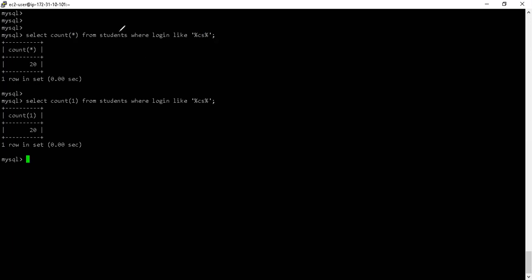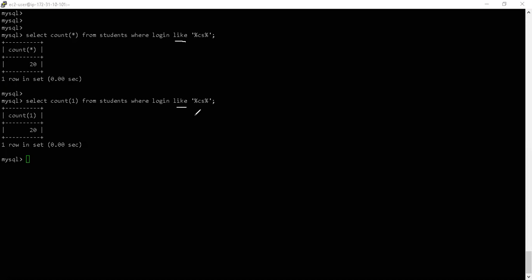So there are two things that we have seen over here. We have seen a like function that we have already seen earlier. We have seen a percentage sign, which I believe we have already seen earlier. We are using two percentage signs over here. Why? Because we are specifying anything can be there at the front or at the end, but the text will contain this identifier called CS. So give me all the records where this column has any value like this regular expression. It can start with anything, end with anything, but it should contain this string.